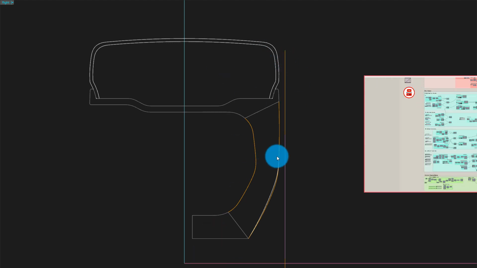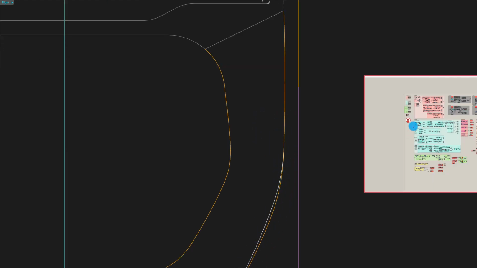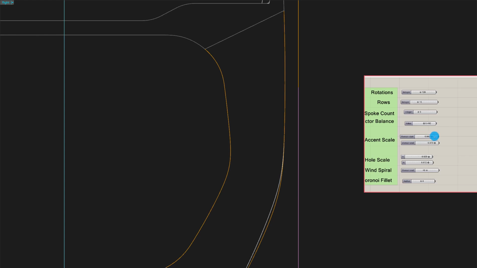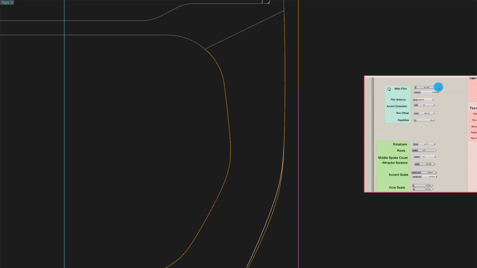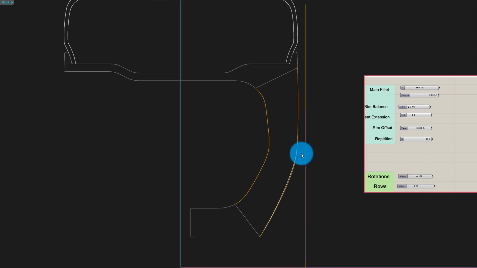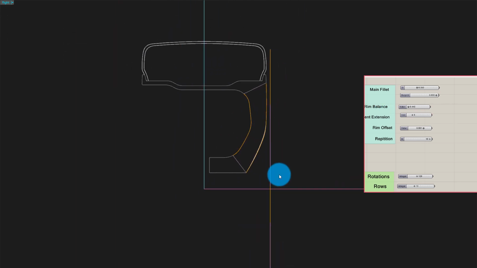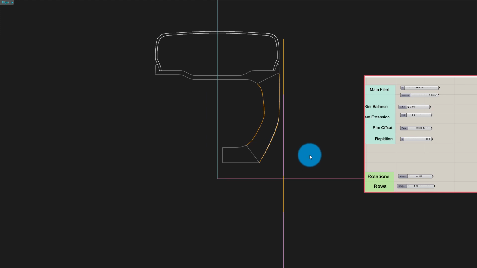And one of the design aspects here is basically this is the accent curve, and I could change how far out it goes and how exaggerated that design feature is. I like it very, very subtle. So once we actually figure out what we want in terms of the wheel,